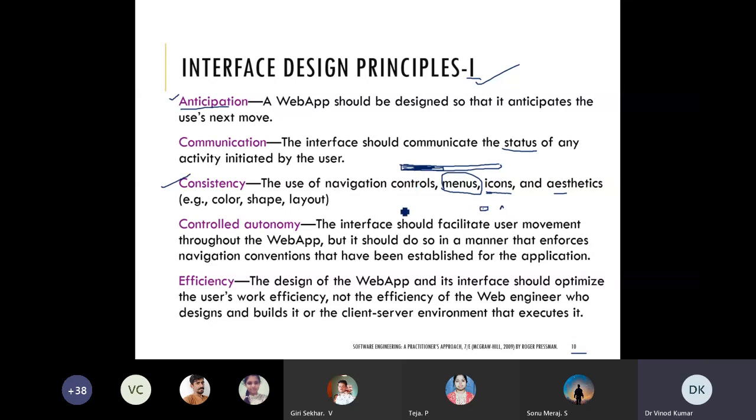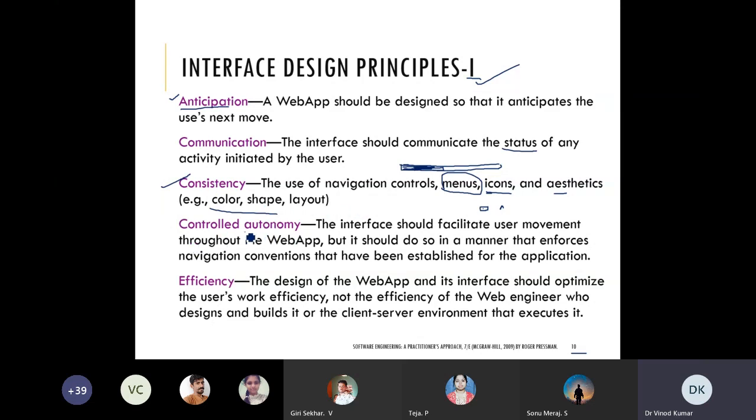So these constraints are there. Consistency means using different menus, icons, and hyperlinks in a consistent way, along with aesthetics like the selection of color and the layouts of the pages. This consistency should be there in your interface.